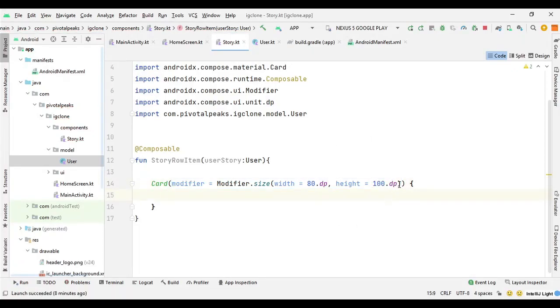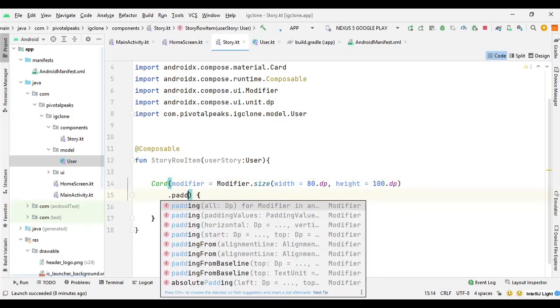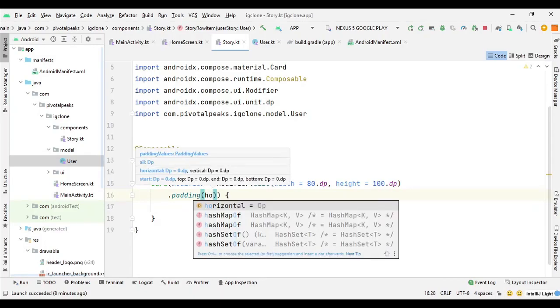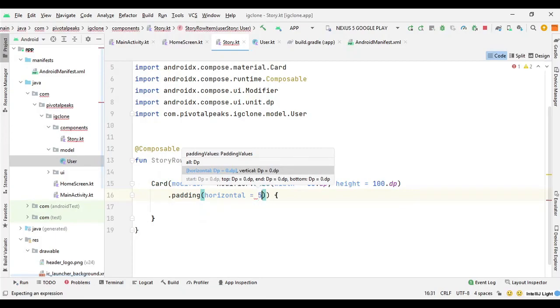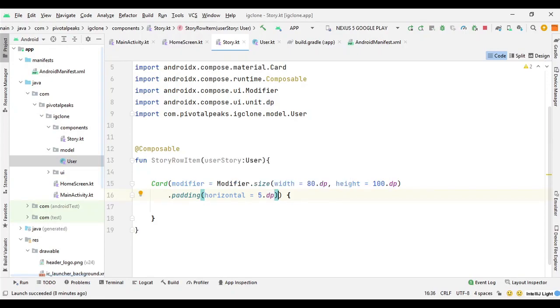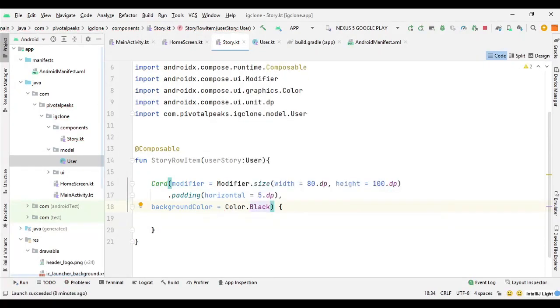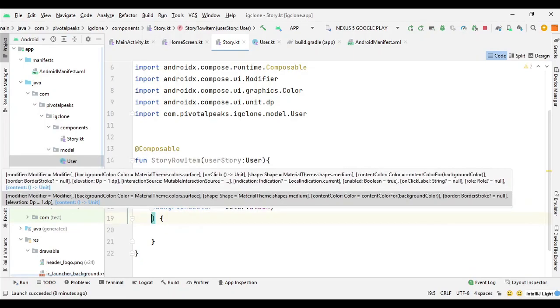and after that we can give it some padding. So we can say padding, and we can apply the horizontal padding of 5.dp, and we also need to set the background color for this card. So we will say here backgroundColor Color.Black, and we can give it some elevation also.